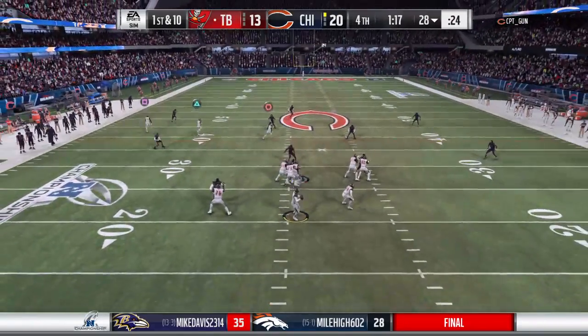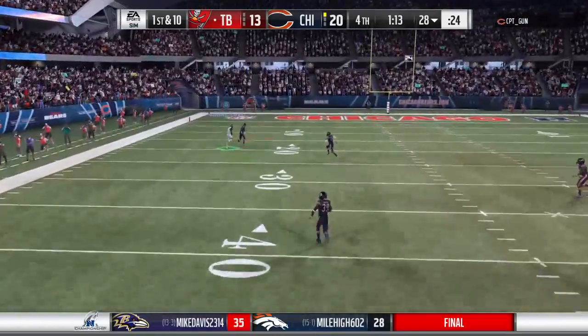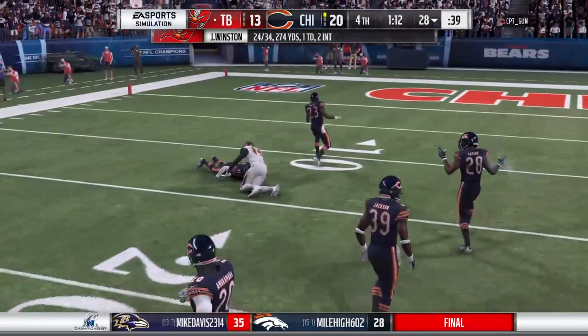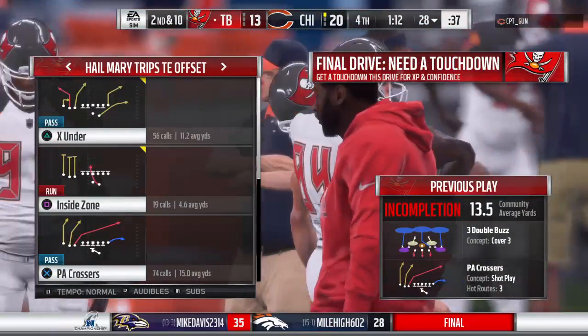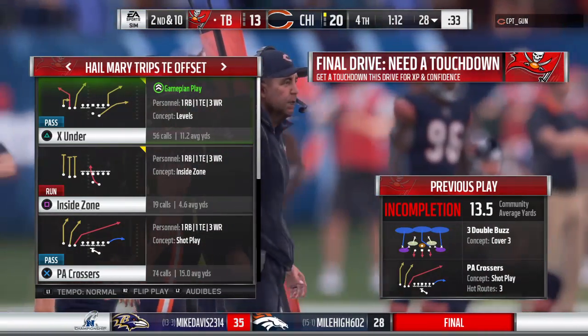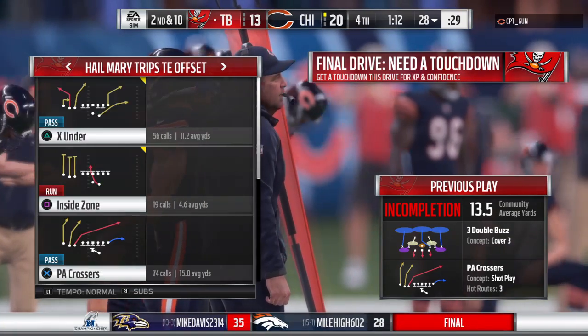What are we going to do when we have the opportunity? They've called these plays a bunch of times. Now's their chance to execute them. Yeah, they have the opportunity now. Here's the execution. And it drops down incomplete. Thought he might have had it. Instead, second down. There's definitely contact there, but it's the fourth quarter of a kind of tight game, and sometimes